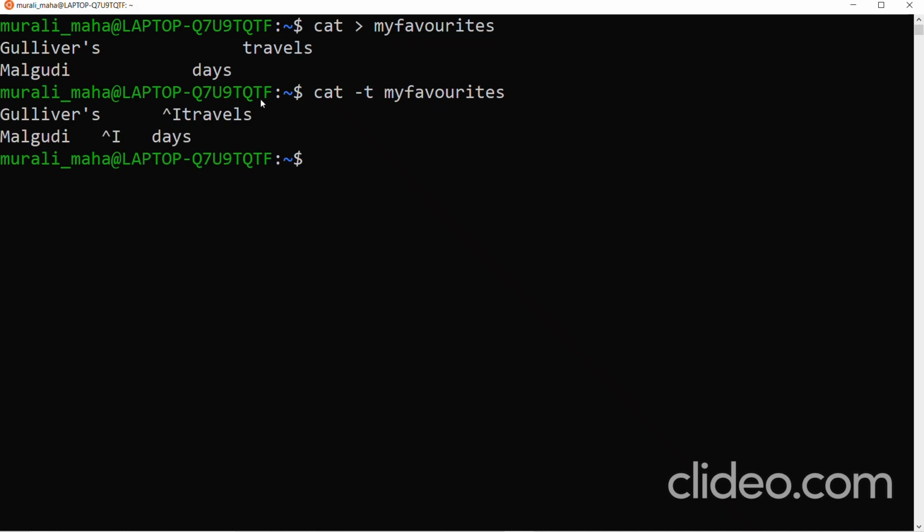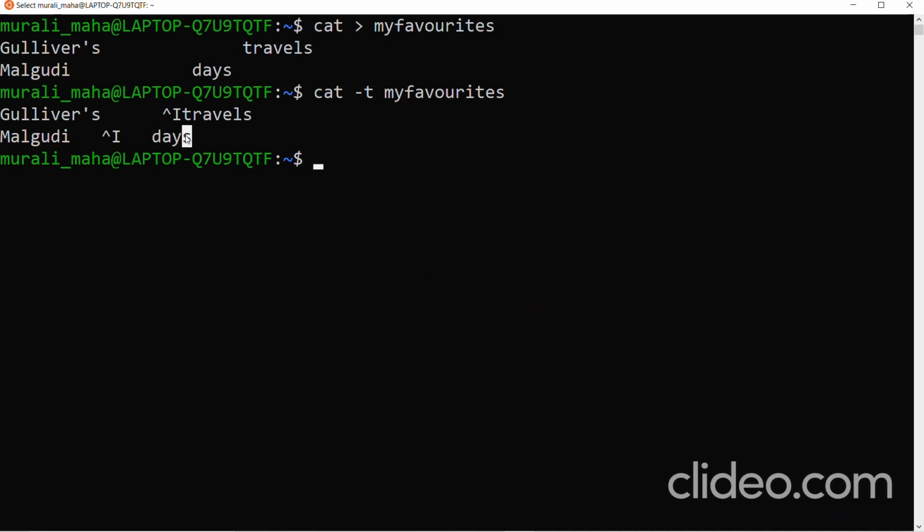Wherever tabs are there, it shows that as Control I character, caret followed by I. See, so from this we understand that after Gulliver's there are a set of spaces followed by caret I. There is one tab character, then Travels. Here again Malgudi, a set of spaces, then the tab character followed by again a set of spaces, then Days. So that is the significance of the -T option.